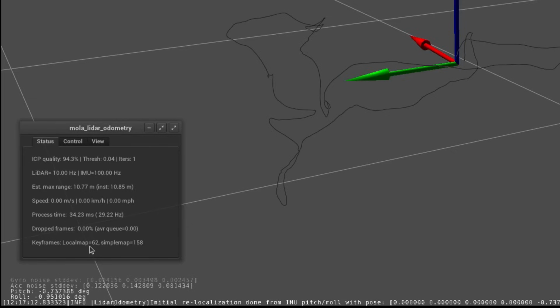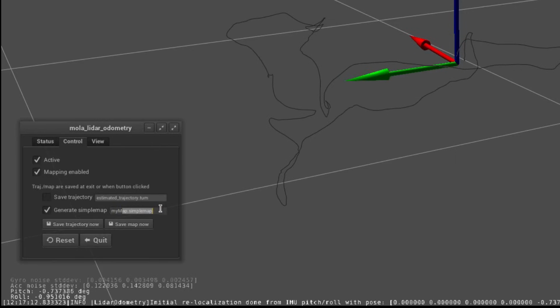There is a parameter for how much density you want in the local map, and another for how much density you want for the simple map. The simple map is the keyframes that you are saving for later post-processing, and it's the one that will be saved into this file.